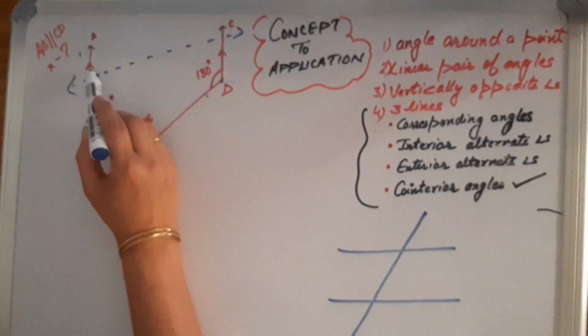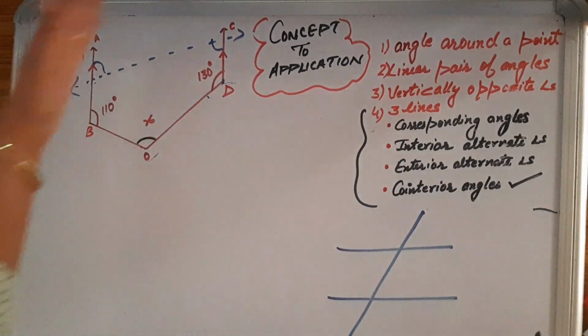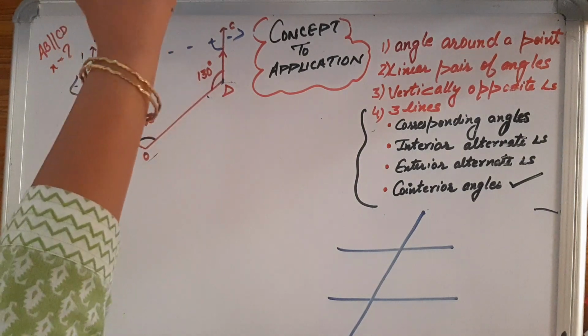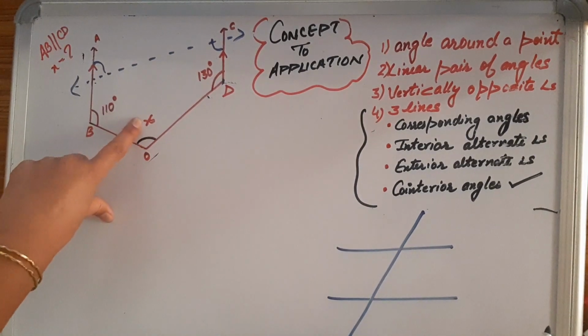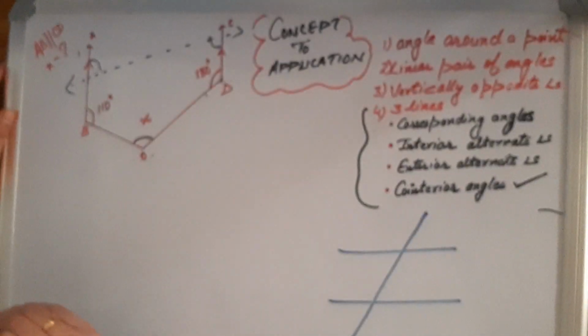This is a transversal. I can say there is a z, this is interior alternate, and they are corresponding. But we can equate many angles there, but the question is we have to find out this angle. How should we deal with that? So one thing which can be done here, see, while doing this construction, we got to know this question can be attempted in many ways.